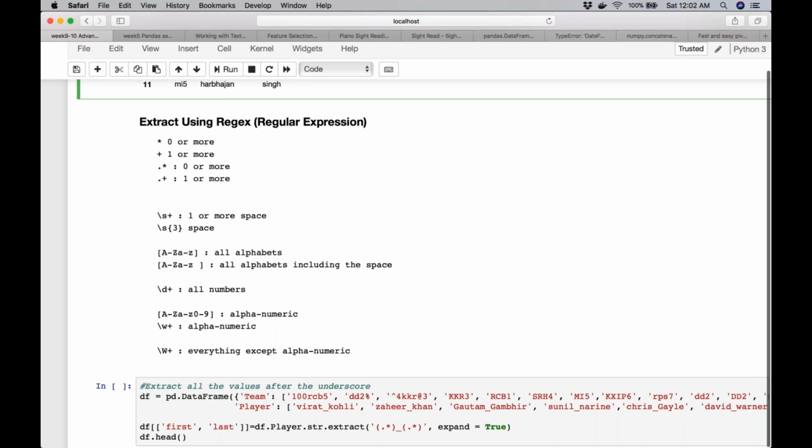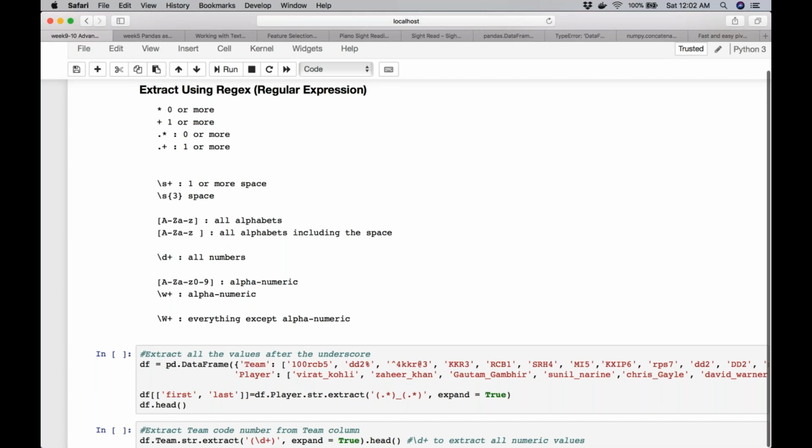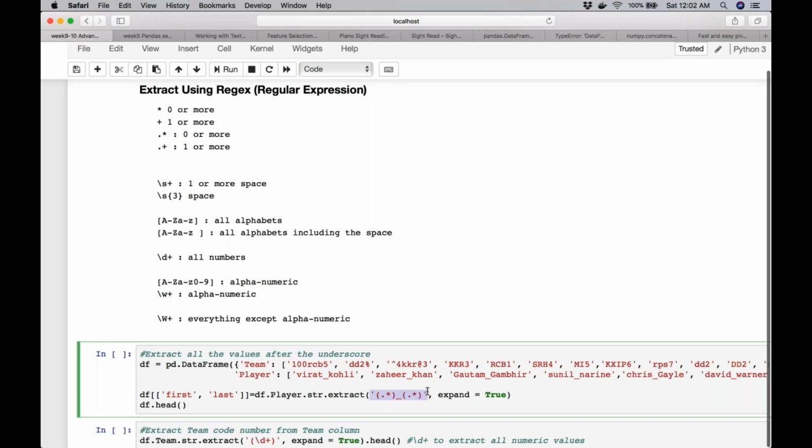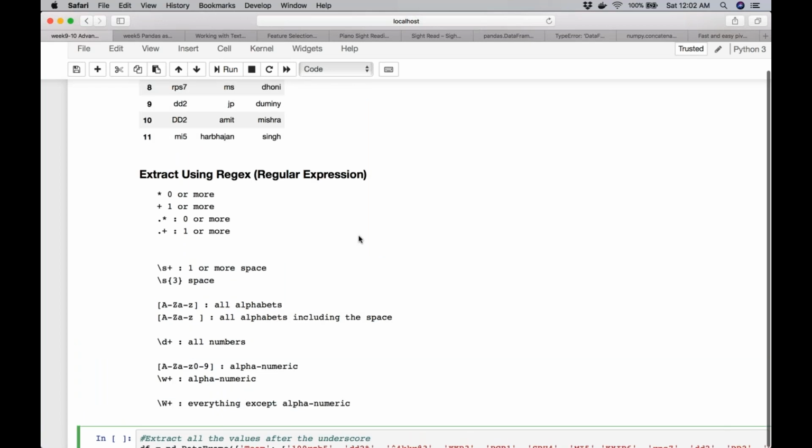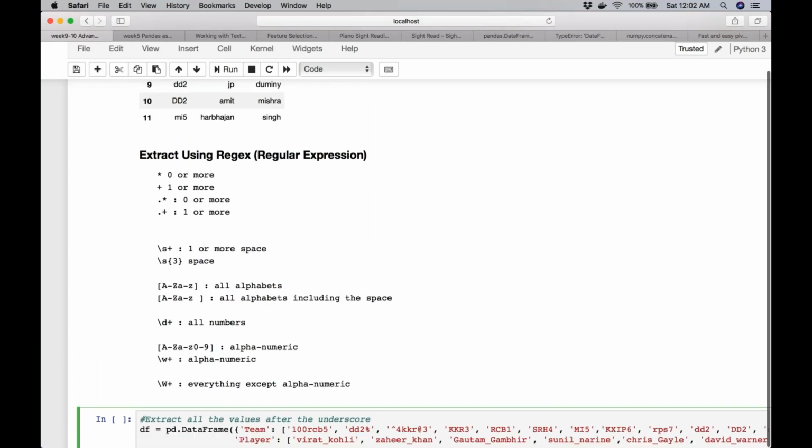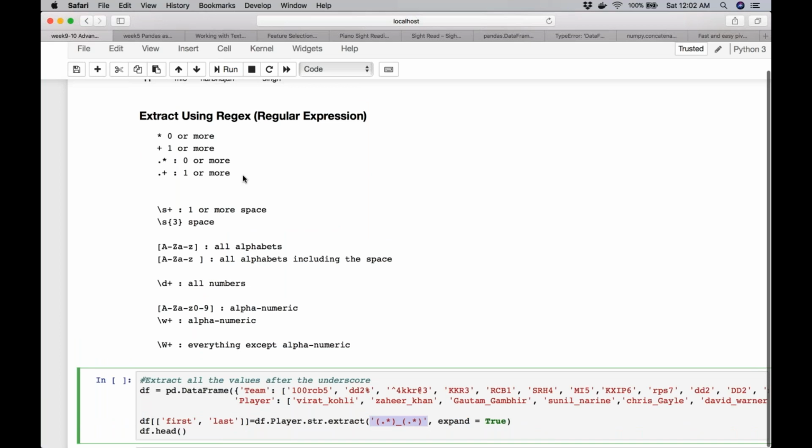So regex, in a way, has its own world. When you look at any code which uses regex, it looks totally confusing. It looks like a jumble of characters. For example, this part of the code is making use of a regex. It looks totally confusing, but you need to understand every element of it. So I will try to explain it here. I started introducing it when we used the extract, but now let's go systematically one by one.